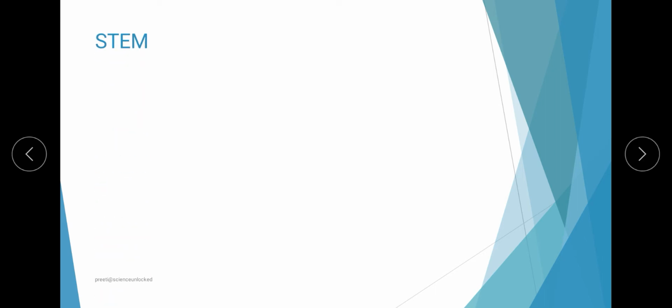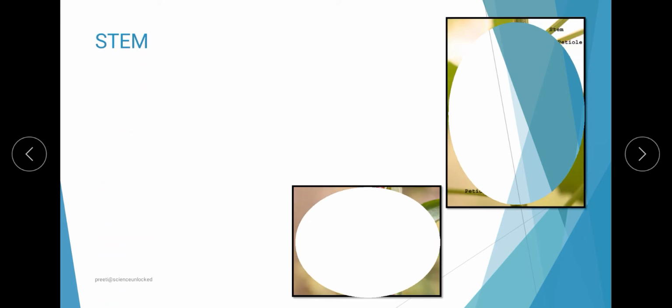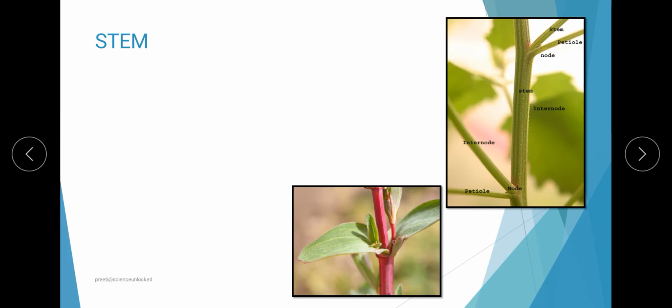I know we have already discussed a lot about the stem, but this is the basic introduction to the stem that we should be aware of, whether it comes in the category of herb, shrub, or any other category. So the very first aspect is the categorization or nomenclature of the parts of the stem, where the first thing we need to understand is the nodes, which are the regions from where there will be any kind of origin in terms of branching, leaf, bud formation or even flower formation.